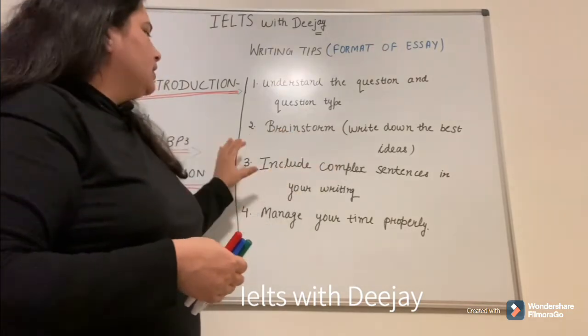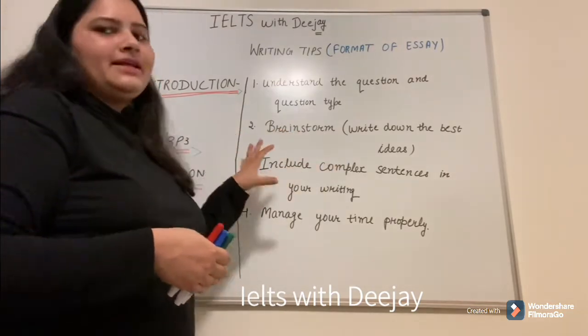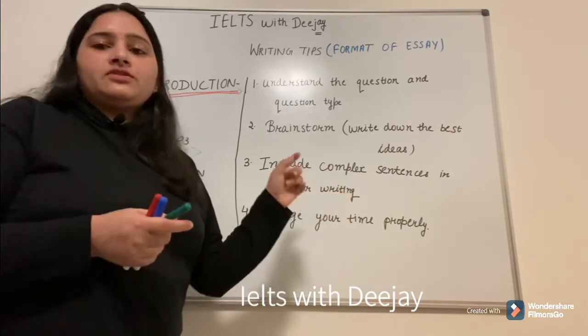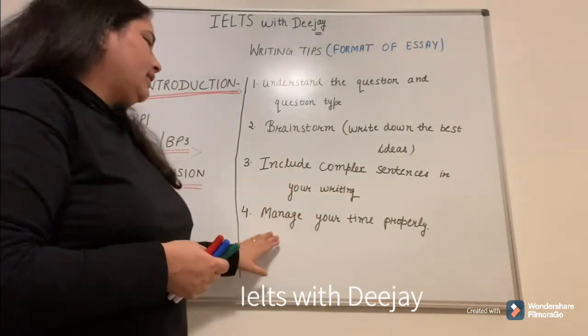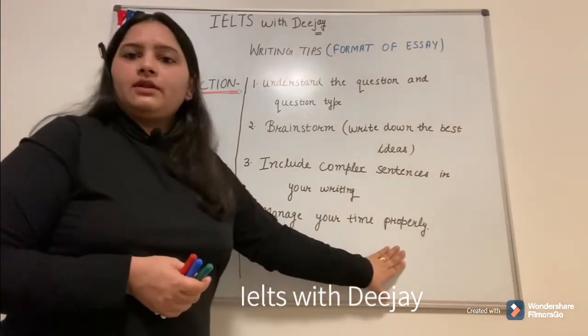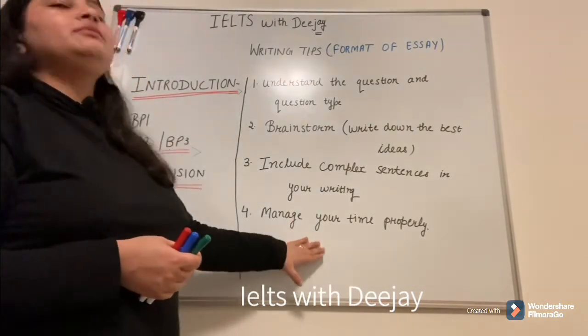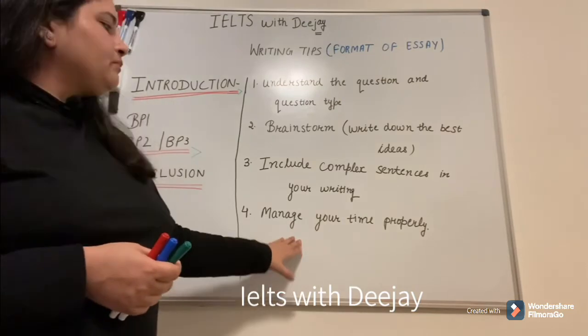After that, you should include complex sentences in your writing. If you're aiming for 7 or 7+ bands, this is the best thing to do. And then we have to manage our time properly. If you're not able to manage your time, if you're not able to complete the essay, then we will not